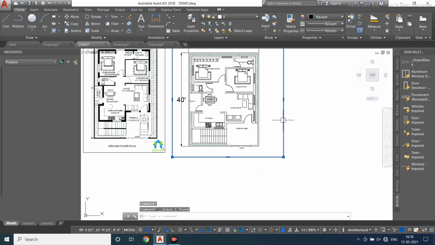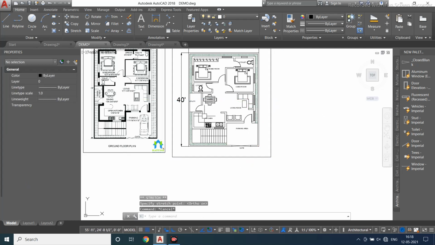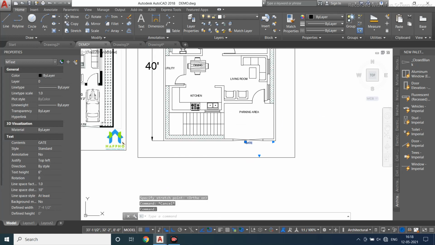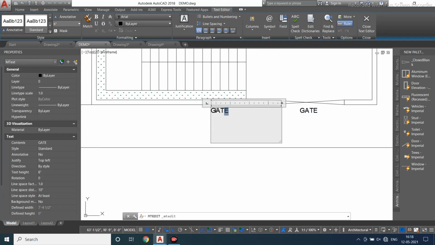I'll remove the car parking. Here's your ortho. Now we'll specify what it is. It is your ground floor.